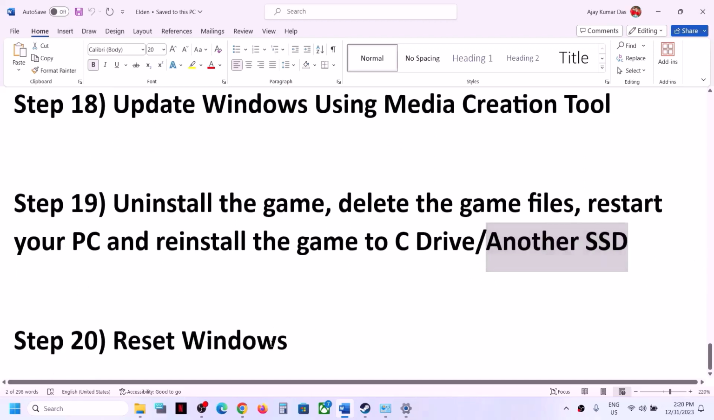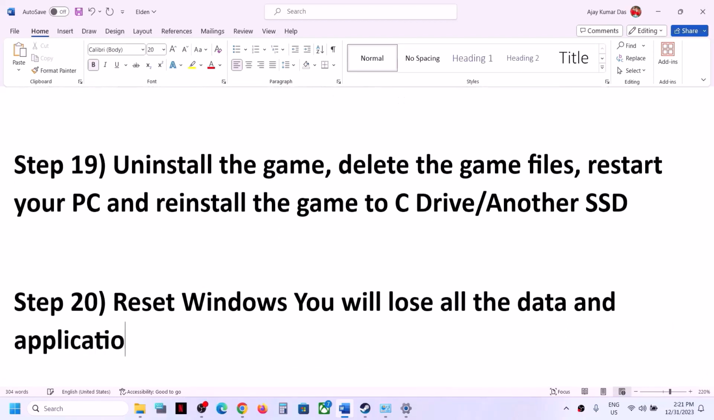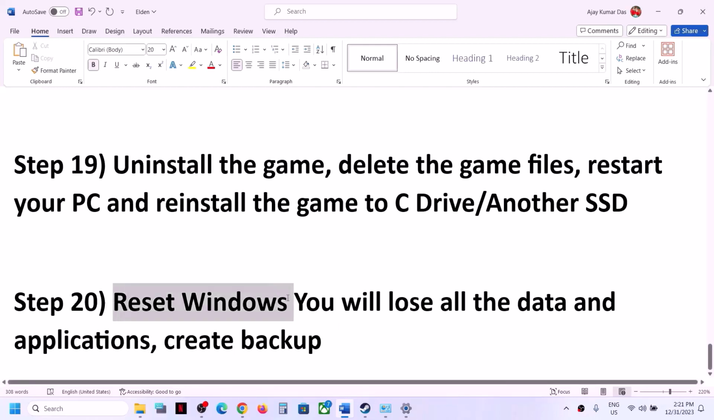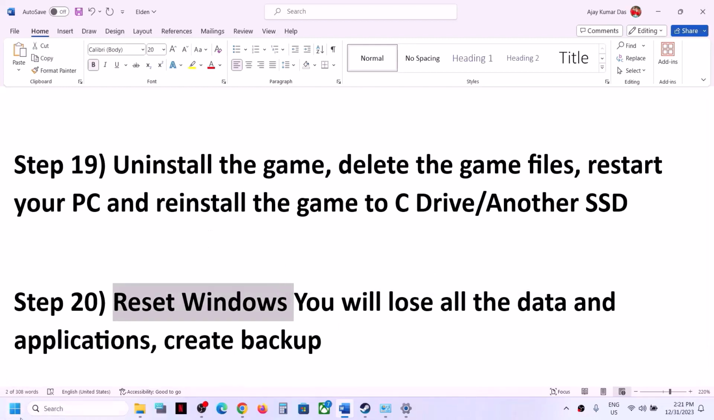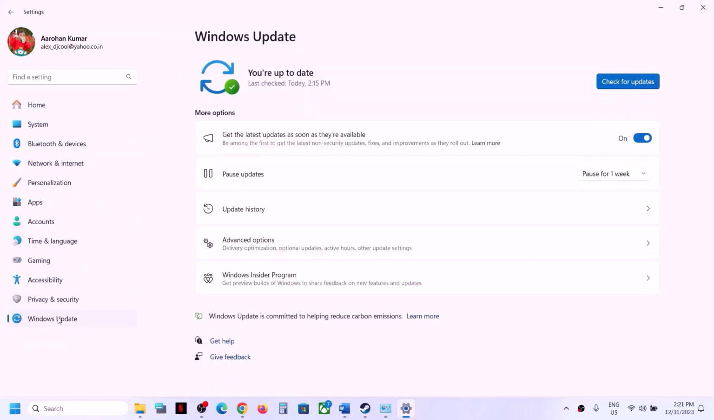Now the next step is to reset Windows. So if nothing is working, you can reset your Windows. Now let me inform you that you will lose all the data on your computer. You will lose all the data and applications when you go for reset. So make sure that you create a backup first. Create a backup and then go for reset. Now to reset, go to settings and then go to Windows Update or Update and Security, and